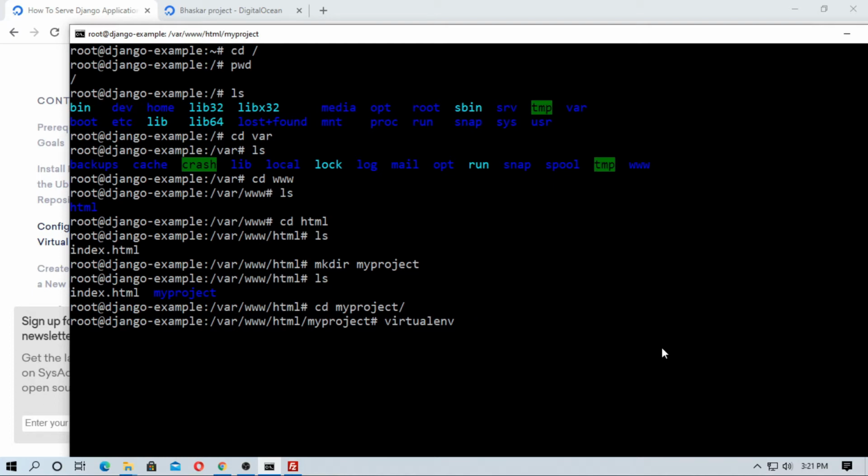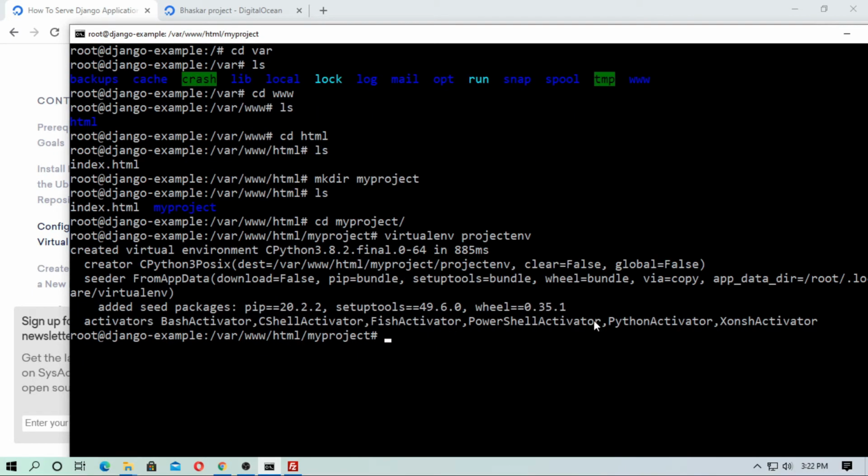So just type virtualenv and then the name of the virtual environment. So projectenv, projectenv is the name of the virtual environment. Okay, so you can type ls. So you can see projectenv has been created successfully.